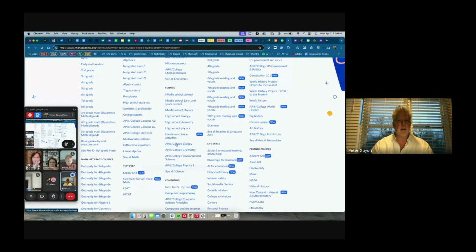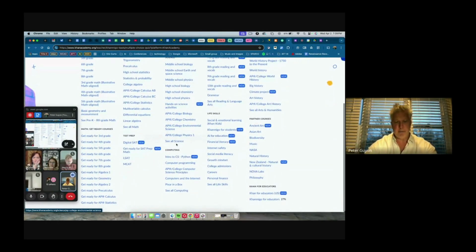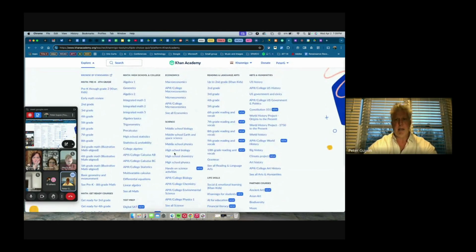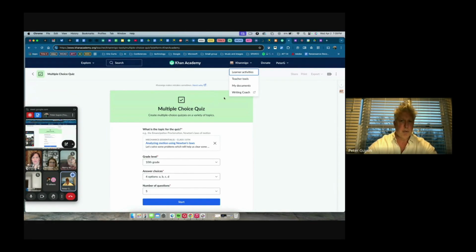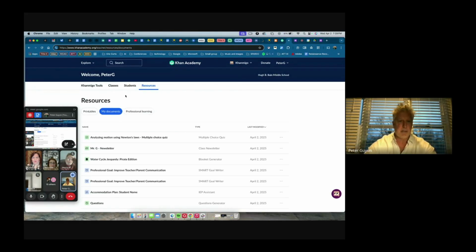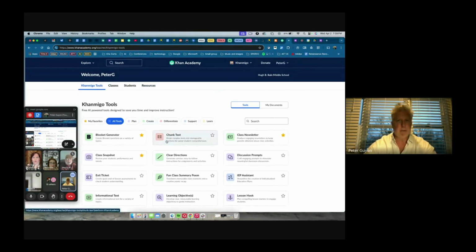They do work together, but if you're not familiar with Khan Academy, take a look at that as well, because you'll see here that there are all these different tutorials that you can share with your students or assign to your students to help them learn a specific topic. And then you as the teacher can use the Khanmigo tools to create stuff to assess whether or not they're learning anything or to make it relevant. We're going to talk about the relevancy tool in just a second. So a lot of stuff here.